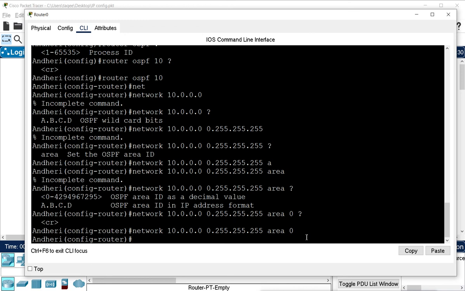I said this OSPF is advanced. It is an advanced protocol compared to RIP. So these are the advanced features we have. It is not that it is getting complex here; it is actually an advanced feature. This wildcard bit is an advanced option that we can use here, which was not available in RIP.